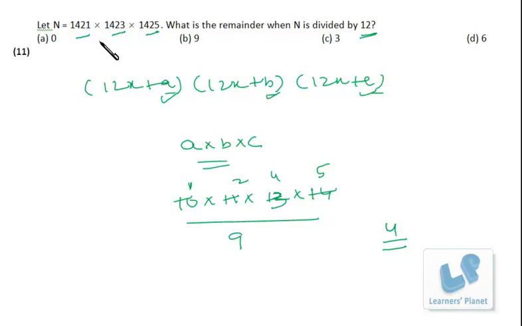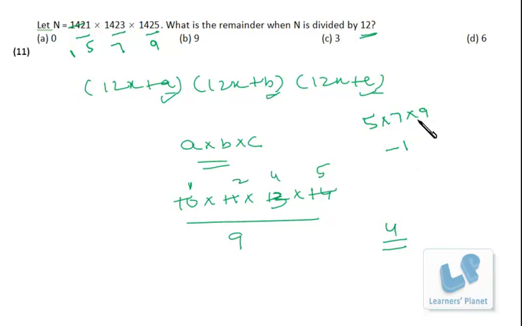So 1421, if it is divided by 12, what will be the remainder? First of all, let's find that out. 12 ones are 12, 2, 2, 10, 101. So the remainder is 5 over here. If the remainder is 5 over here, then for 1423 it will be plus 2, so the remainder will be 7 over here. Then 7 plus further 2, 9 will be over here. So in all, the remainder will be 5 into 7 into 9. Now 5 sevens are 35. 35 if divided by 12, the remainder will be minus 1, since 36 is a multiple of 12.